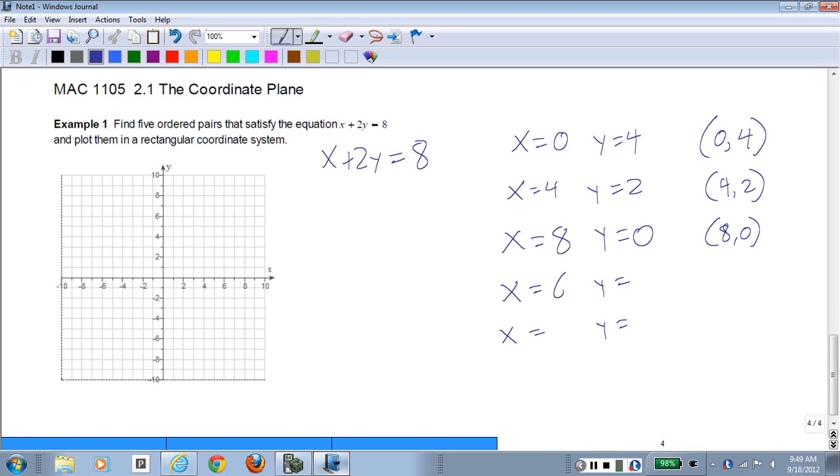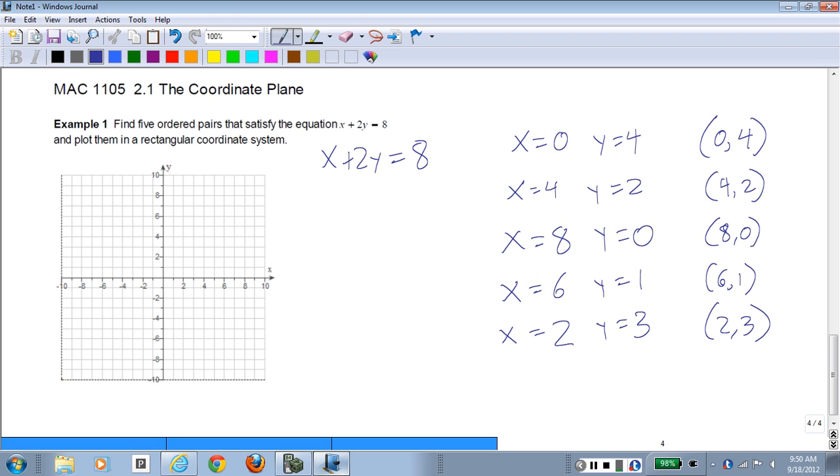What if we let 6 go for x? What could y be to make it true? y equals 1. 6 plus 2 times 1, 6 plus 2 equals 8. That would work. And I probably need another even number for x because y has an even coefficient, and there's an even constant on the right-hand side. So how about x equals 2? What y value would fit with x equals 2? 3 works. 2 plus 2 times 3, 2 plus 6 equals 8. So (2, 3). I think these are the only 5 ordered pairs, both of whose coordinates are whole numbers, to